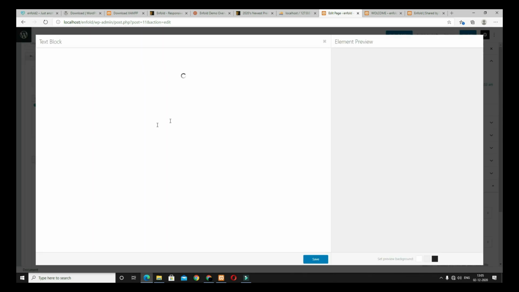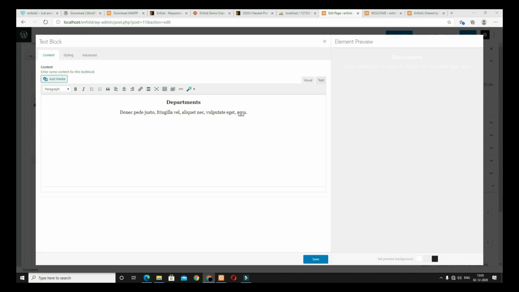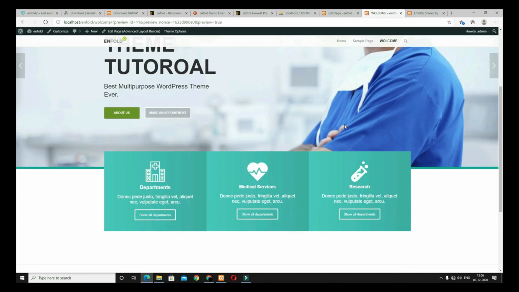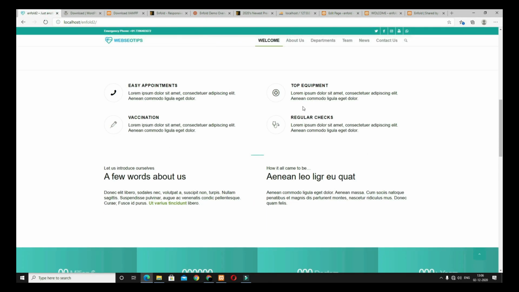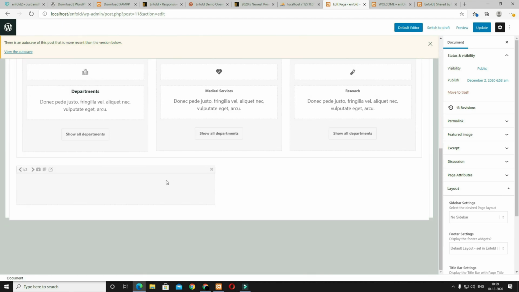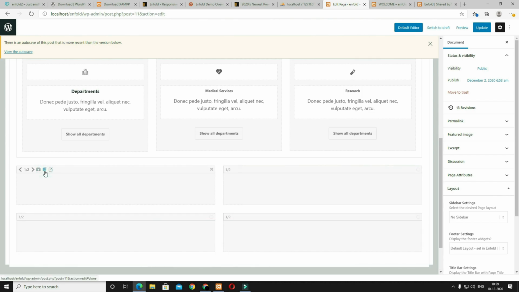After that click in the text box and whatever text you want to write, just write here, give a space from top. Let's save it. Let's check the preview. Okay, it's coming perfectly. Now I have to design these icon boxes. So let's come to layout element and take 1 by 2 and I need another 2 times also. So just clone it like that.